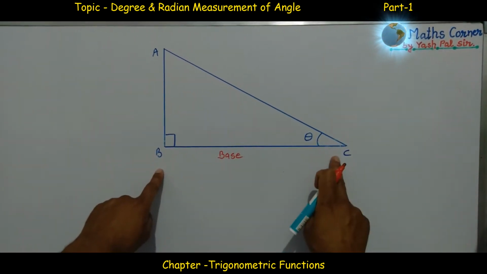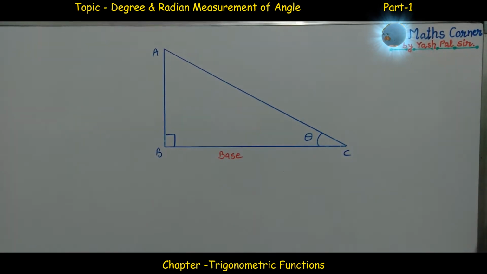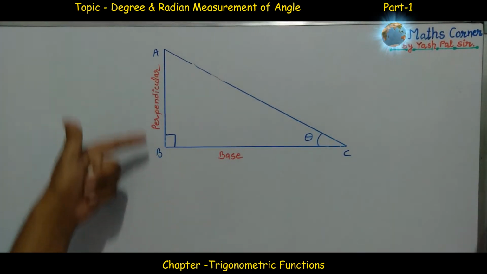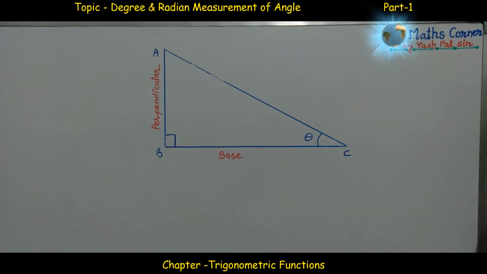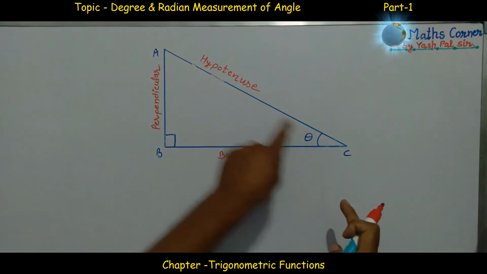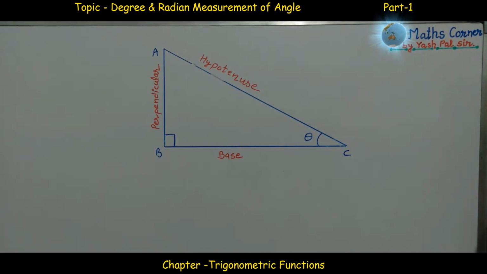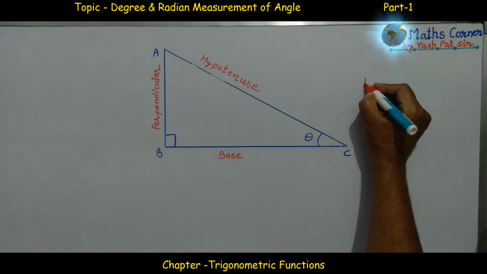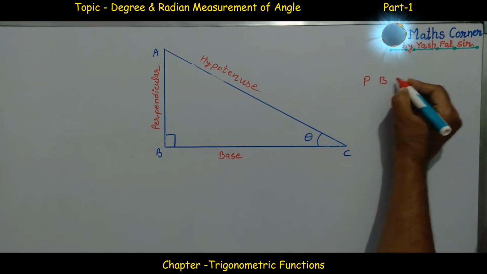This side of the triangle is called base. Side AB is called perpendicular, and this side is called hypotenuse. One tricky pattern we also recall. What is that? Pandit Badri Prasad